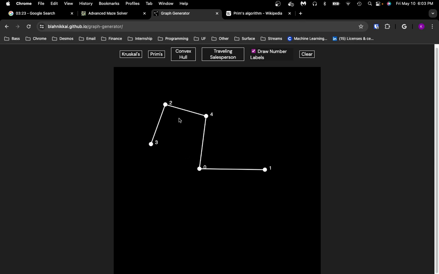But you can see it gives us the same result. And you could use it on a lot more complicated examples. The time complexity of Prim's and Kruskal's are pretty good. I'll remove the number labels so you can see it a little more cleanly. The time complexities are pretty good. So the animation will take a while, but it's really not at all difficult to compute